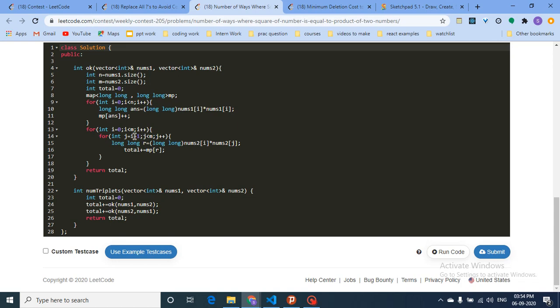In that iteration, we will find the product of every pair in the second vector, and if this value is equivalent to any of the values in the first vector stored in this map, we will increment our total by how many values there are in the first vector which are equivalent to this pair, and we will update our total.